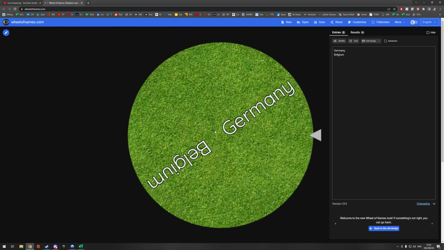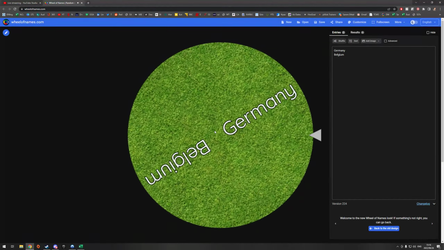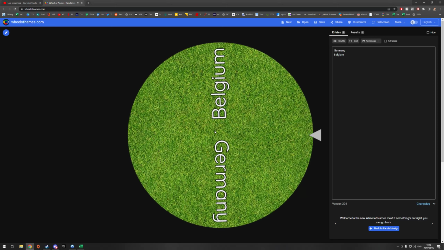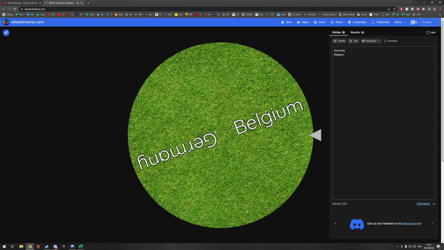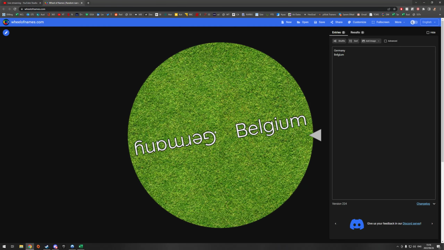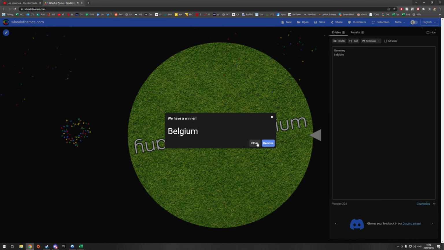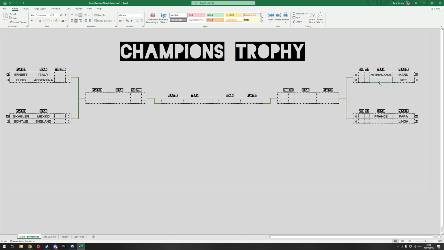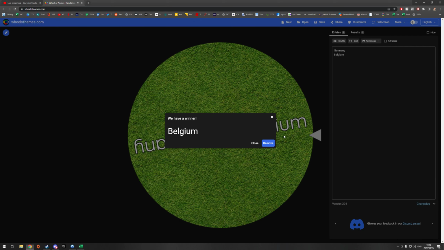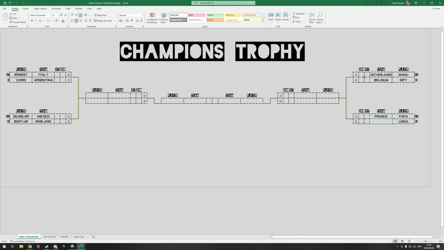Gift gets Belgium, KDB and Eden Hazard. And then that obviously leaves Linda with Germany. Not too bad.